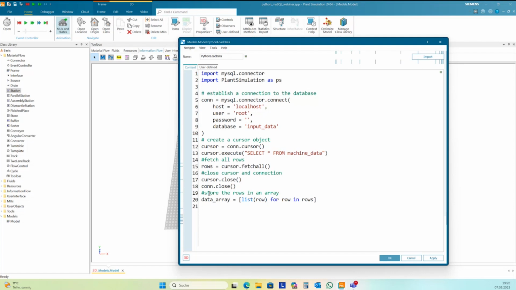And this I can now use to transfer the data into Plant Simulation.